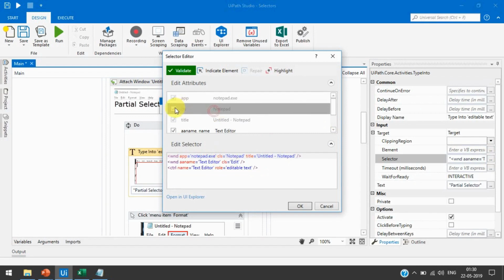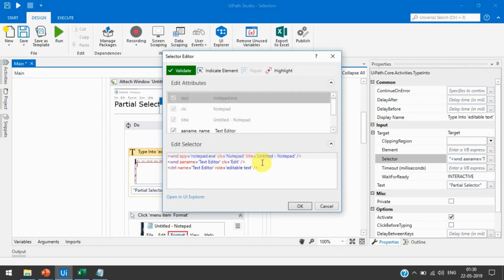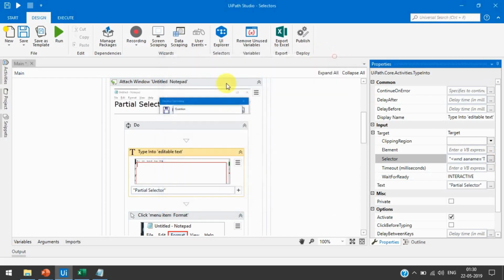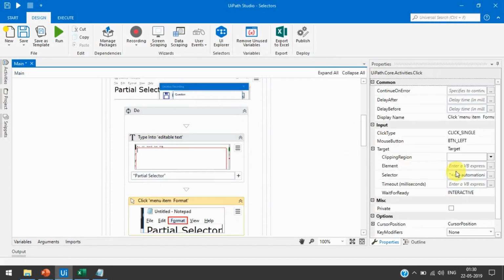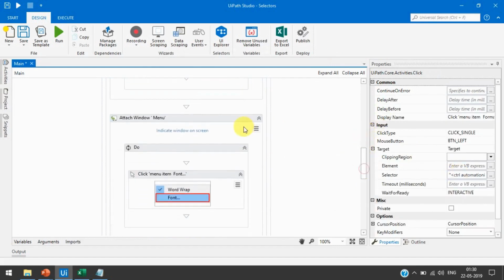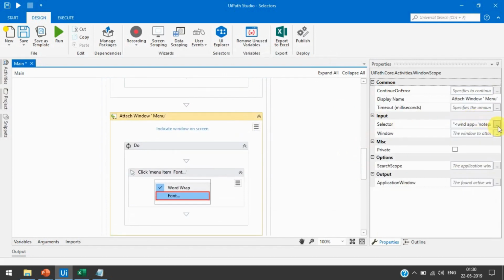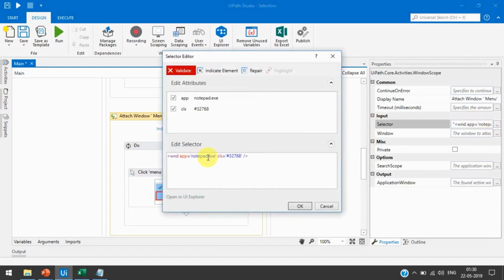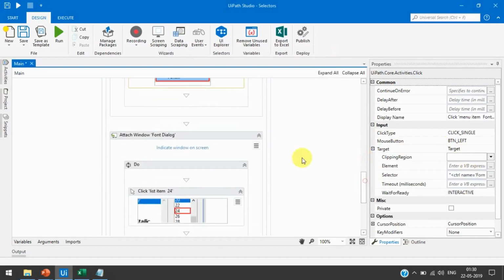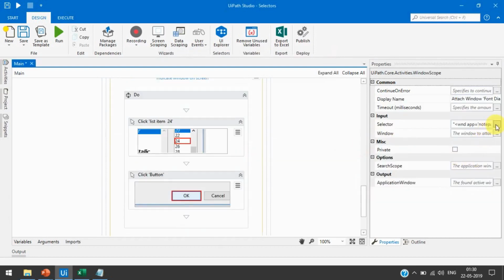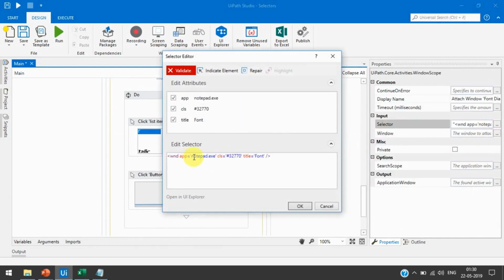Here also you cannot check or uncheck, because this top level element has already been used in this attached window container. If you see the next one also, there is no top level element. Now again you will get the top level element only, window app equal to notepad.exe, class equal to this, right? Here there is no top level element. Again for the font dialog box, there is only the top level element, app equal to notepad.exe.